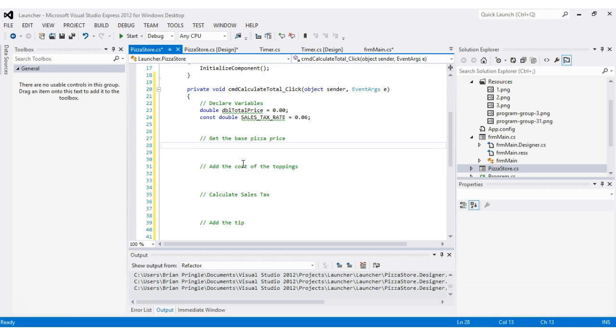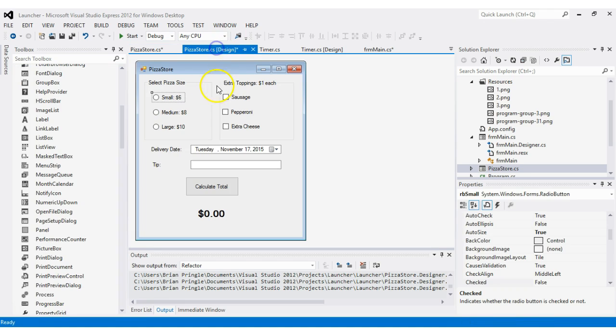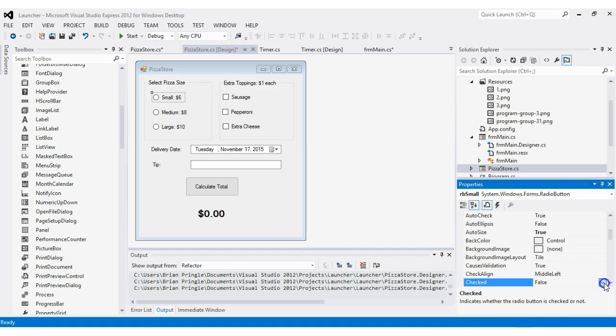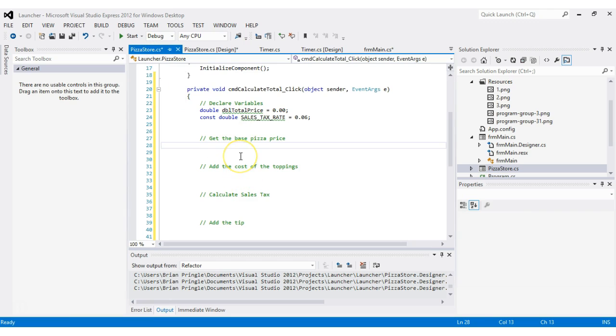All right, so I think what we're going to do for this one is we'll go ahead and just make this checked. So we start off with a small, and in that way we know that one of those is selected. All right, so what I need to do is I'm going to say if, and then I have my radio buttons that I'm playing with. So if it's small, dot checked, so if it's checked is equal to true, then the price, which is going to be DBL total price, is